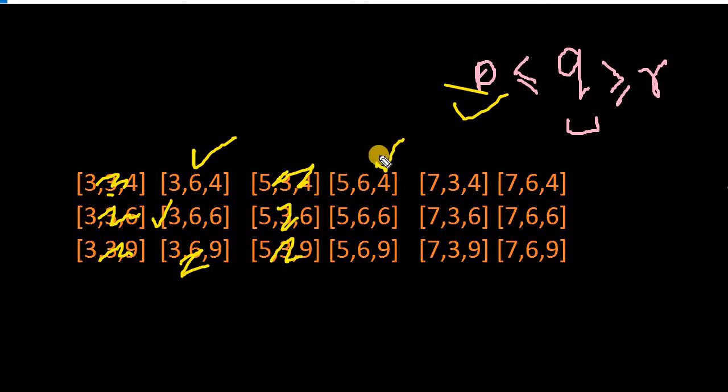So the middle element is greater than the rest of the elements. Similarly here, the middle element is greater or equal to the rest of the two. So as of now we got the 4 pairs, and this is again discarded. If we see, the first element is 7 and the middle element is 3, so we can discard all 3. Similarly 7 and 6, we can again discard all 3. So we got only 4 pairs, or 4 triplets, which satisfy our condition.